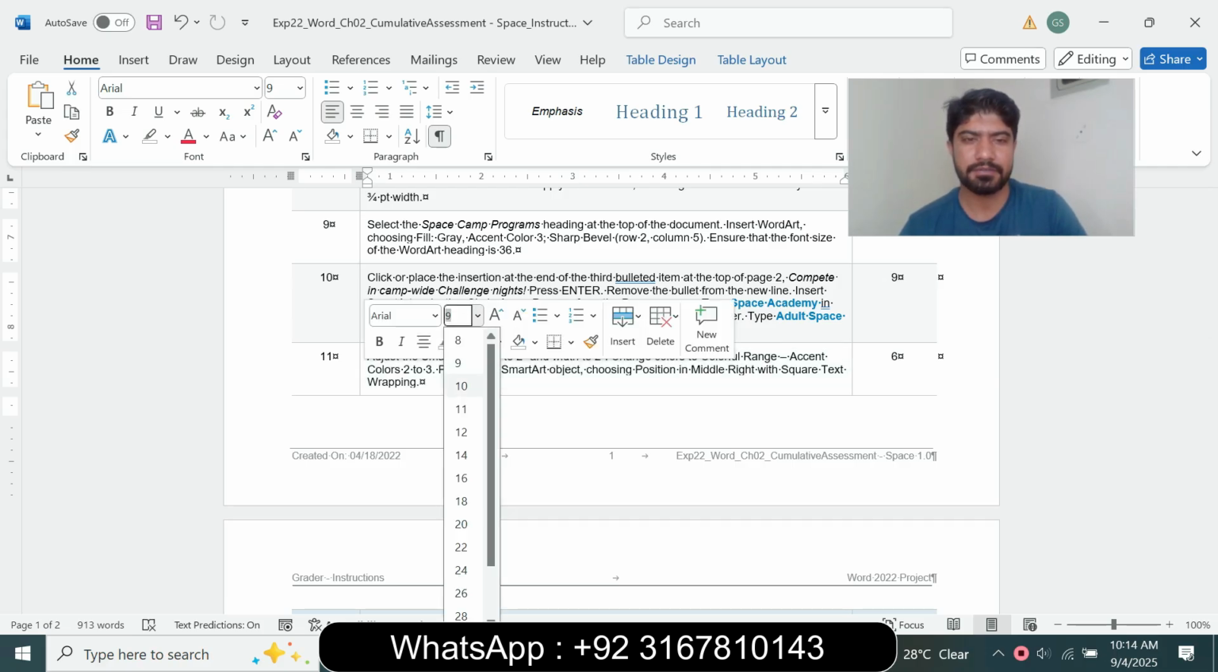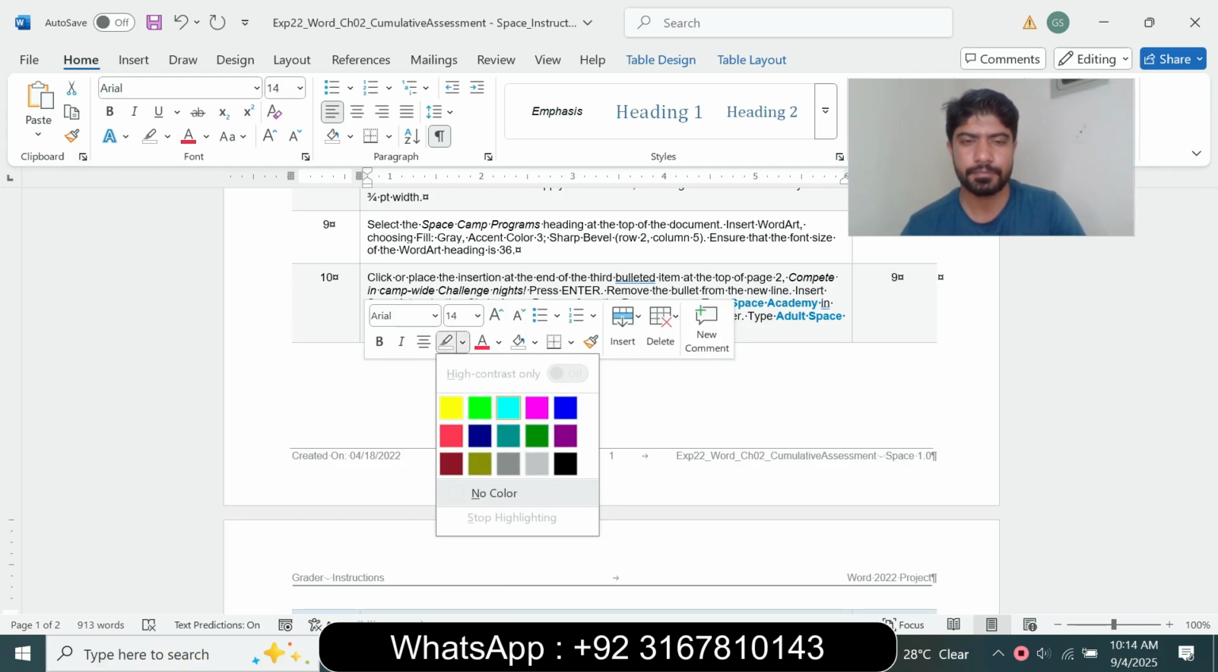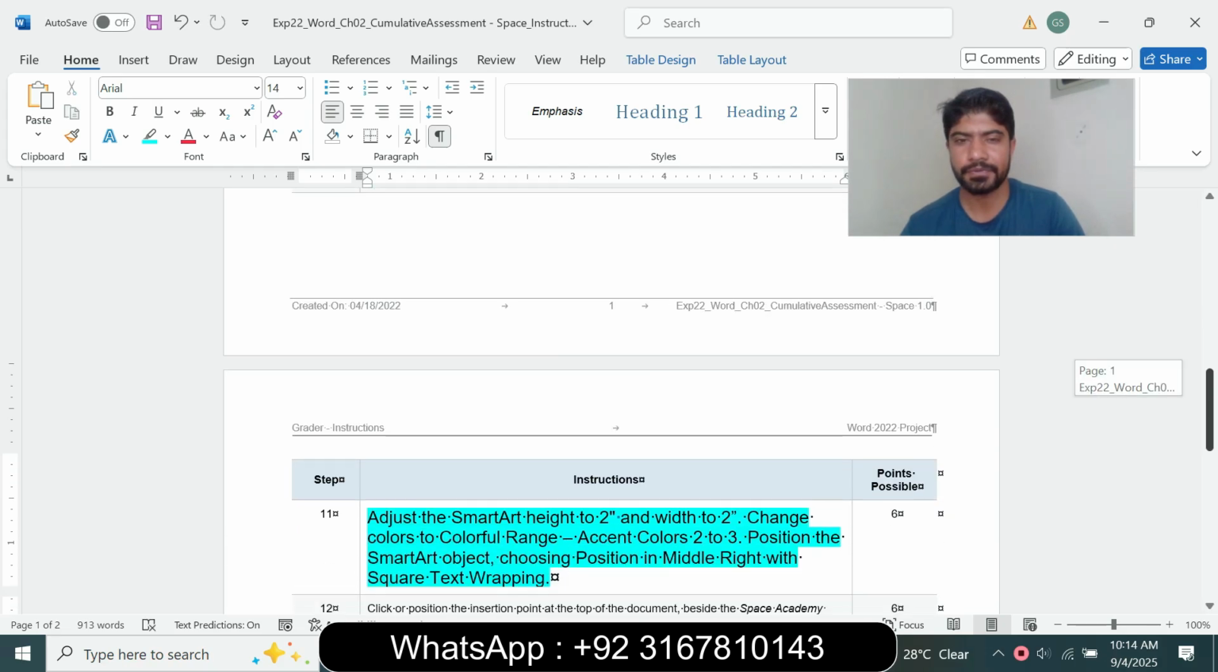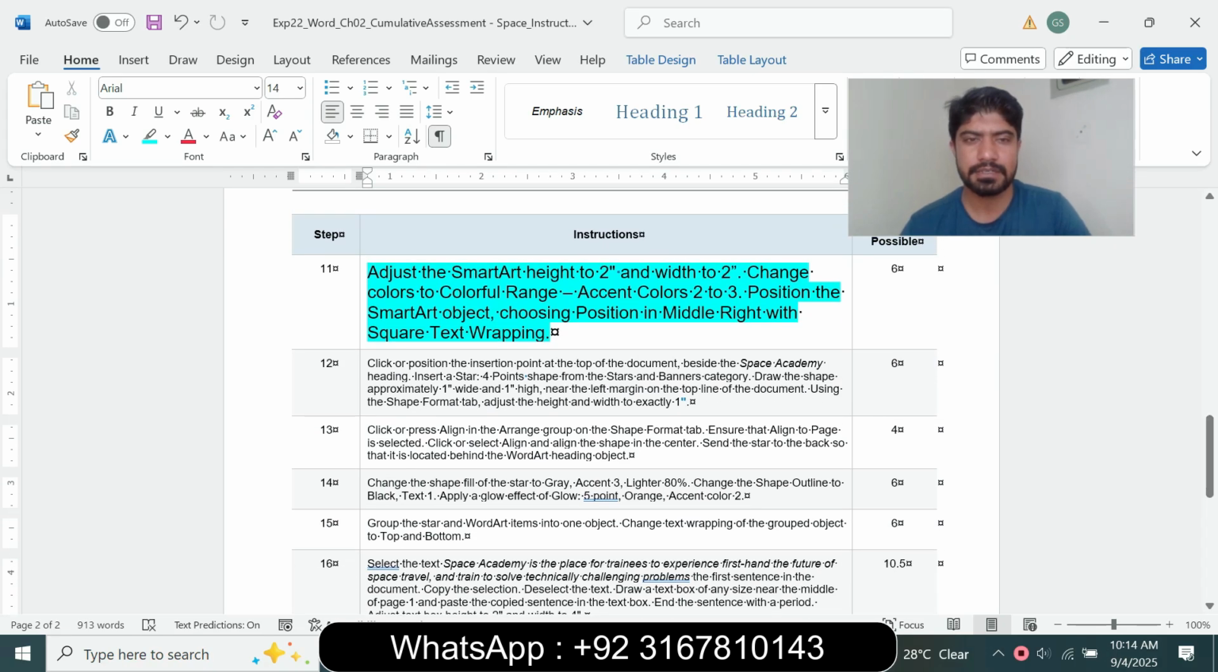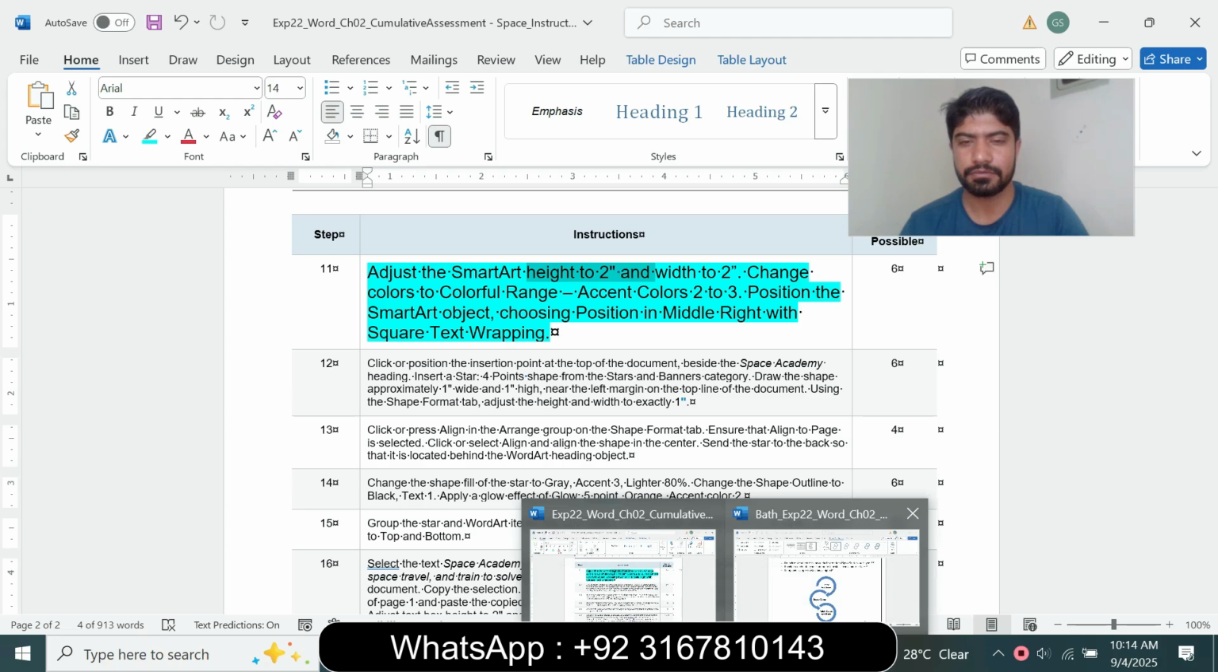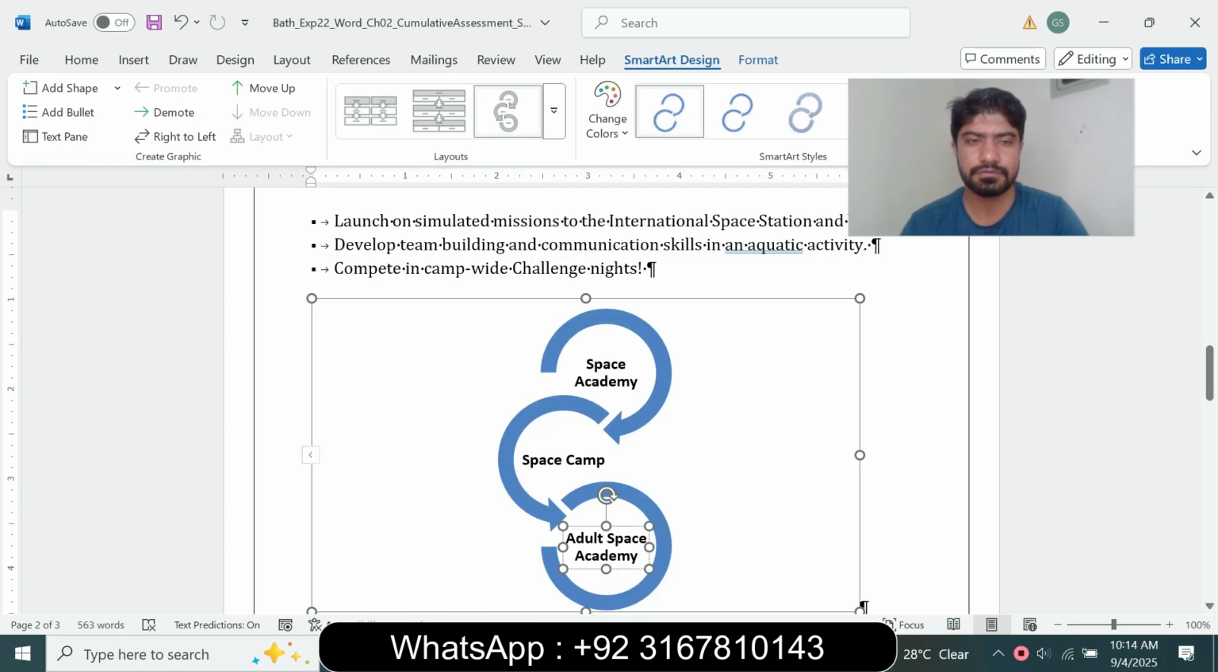So question number 11 is: adjust the SmartArt height to 2 and width to 2, change the color to Colorful Range Accent Colors 2 to 3, and position the SmartArt, choosing the position Middle Right with Square Text Wrapping. So adjust the height to 2 and width to 2. Select the SmartArt